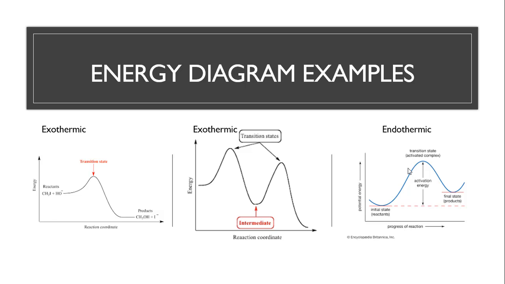And then at the end of that curve, we'll have the final products, and we see that this reaction is exothermic because the products are at a lower energy level than the reactants,